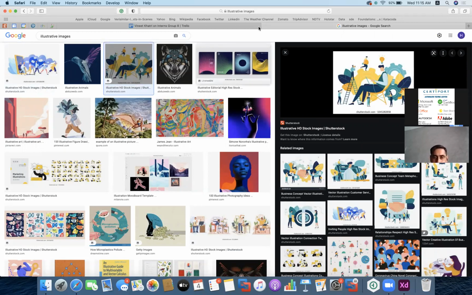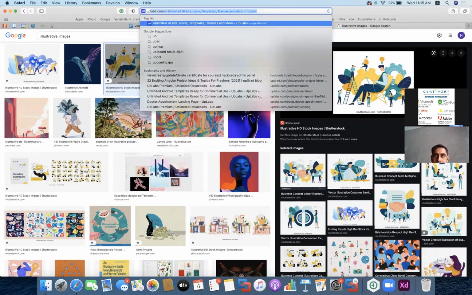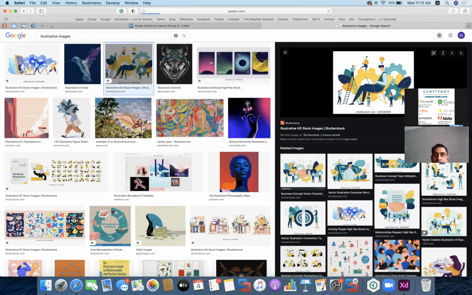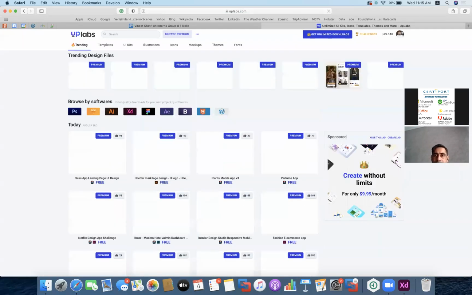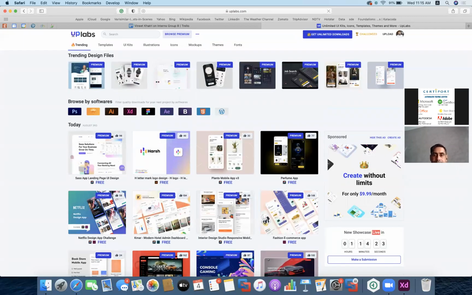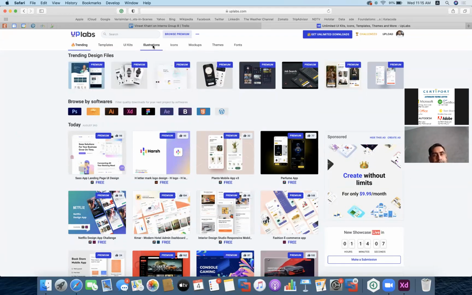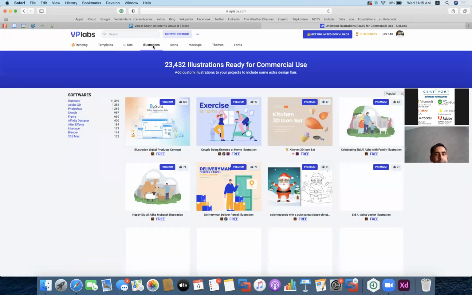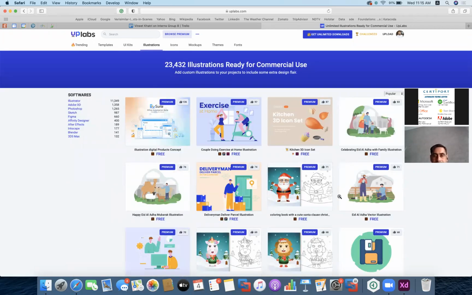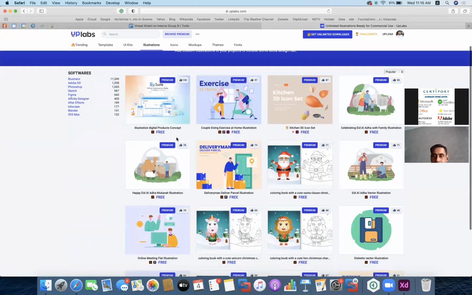So what can we do? We can go to uplabs.com. Uplabs is a very nice motivation page from where we can take different app designs and various illustrations. Here you can see that we have a lot of templates for Android, followed by various infographic templates for iOS and various others. But my interest is to go towards illustrations. These are the sample illustrations, and they are available for both